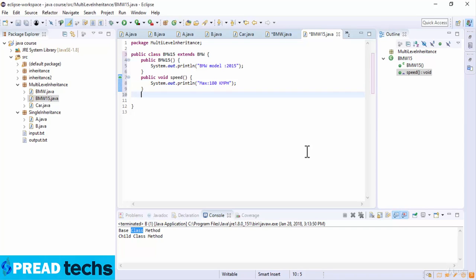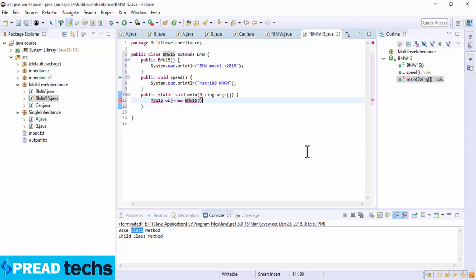Okay, and then here I write public static void main method, and then String args, and then here I write BMW15, and then create an object to it which is equal to new